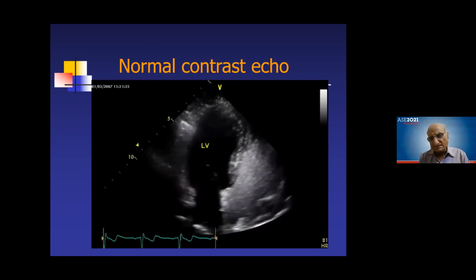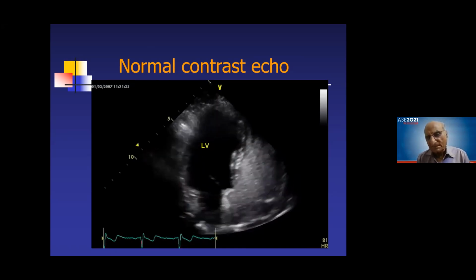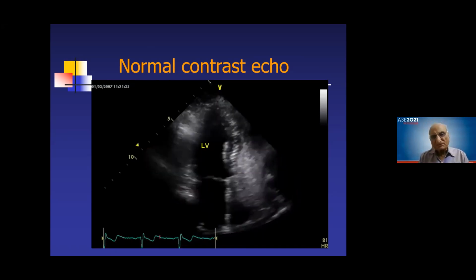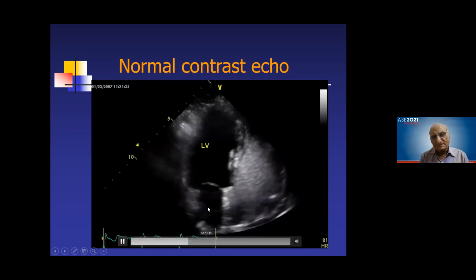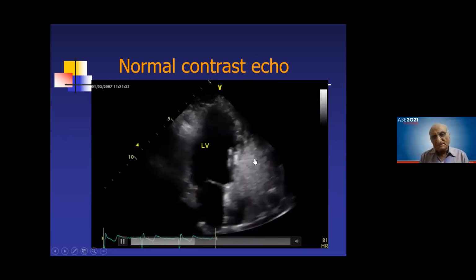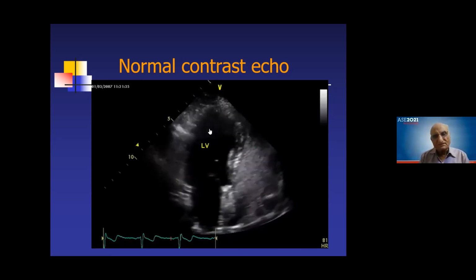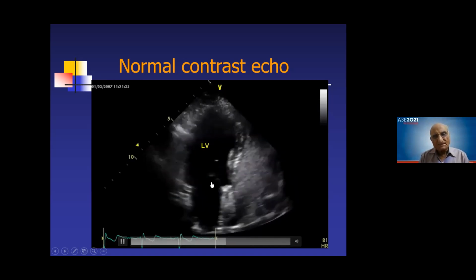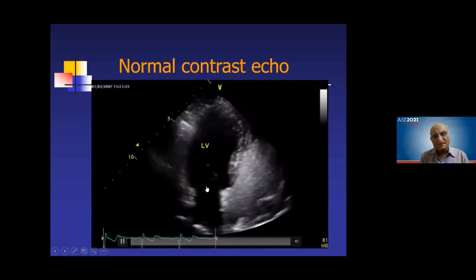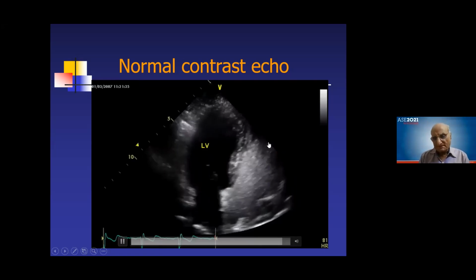In the pulmonary circulation, because they are larger than the pulmonary capillaries, they get destroyed. So nothing is seen on the left side of the image, unless the bubbles bypass the pulmonary circulation. So you see a normal contrast echo: a normal RA, RV, LA and LV, in the sense that there is no contrast in the left side because it gets destroyed in the pulmonary circulation. So this is a normal one.